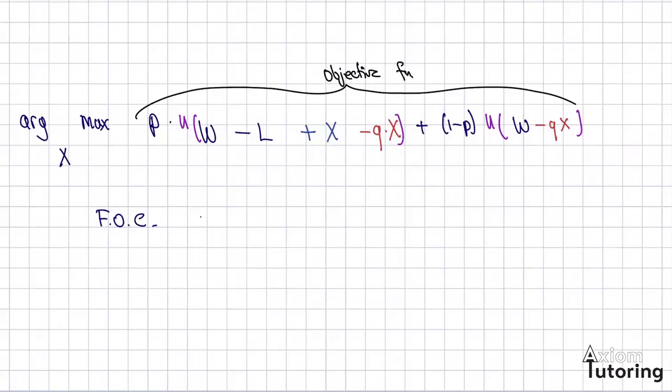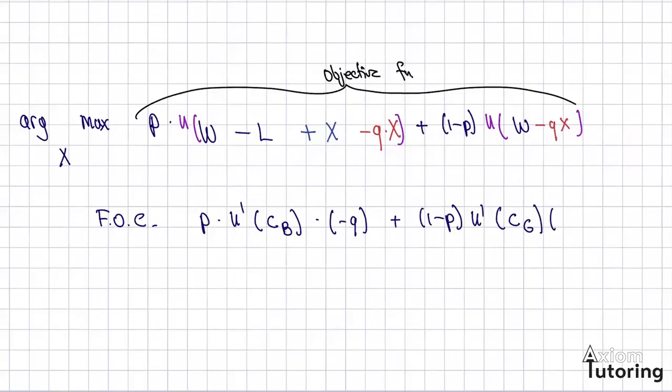So let's take the derivative. p times u prime of the consumption in the bad state, times the inner derivative of this with respect to x, which will just be minus q, the price per unit of insurance, plus 1 minus p times u prime of consumption in the good state. Note with the consumption in the good state and bad state, I'm just being a bit lazy so I don't have to write that out, but it's also clearer to visualize what's going on here. Times minus